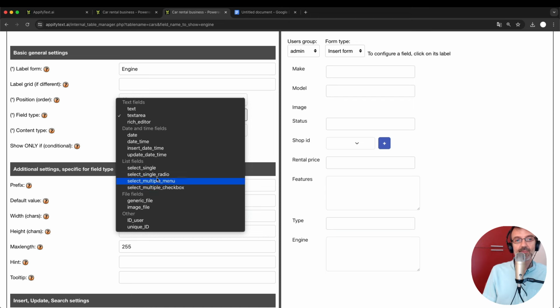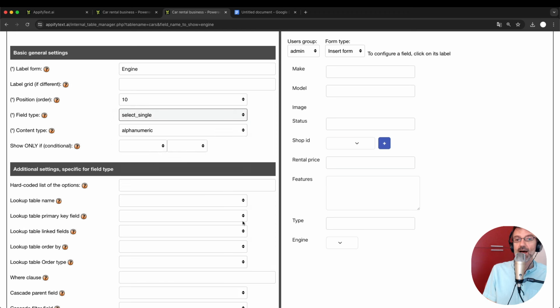In particular, select single allows you to choose one option from a drop-down menu, which is exactly what we need. Once you have selected select single, you can fill the menu, which right now is empty, in two ways: with a